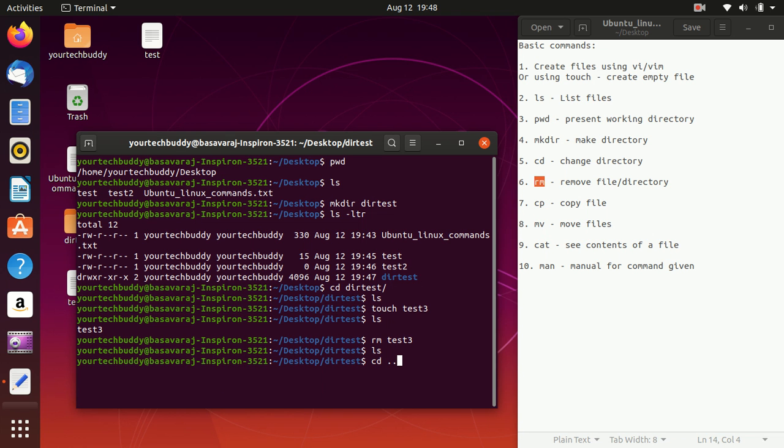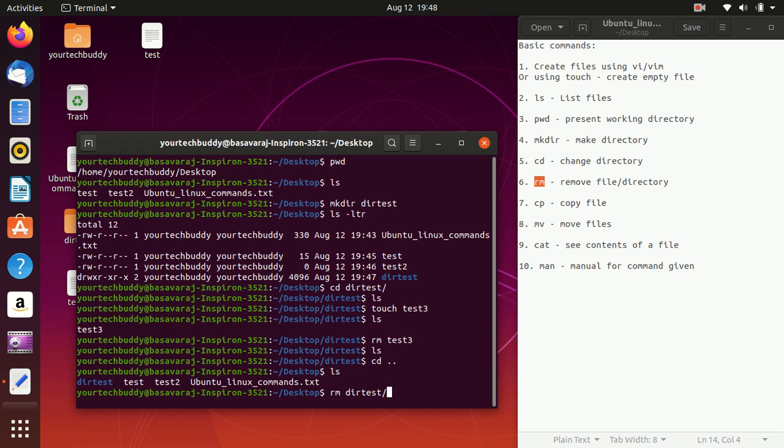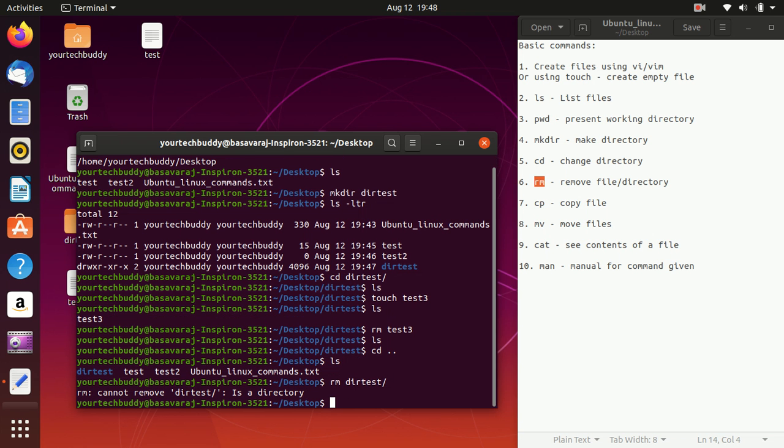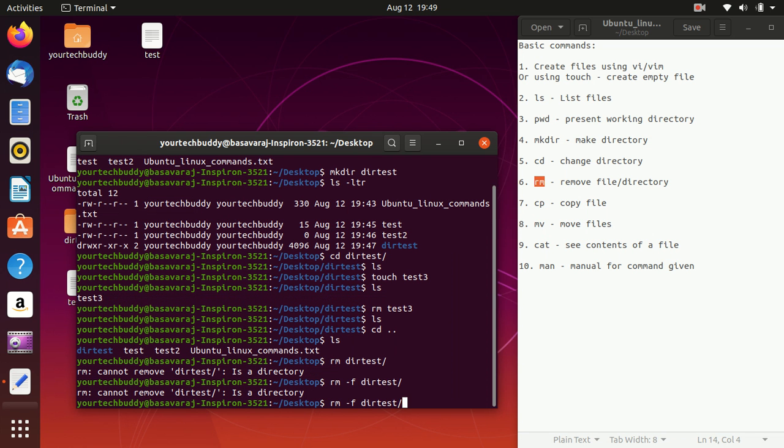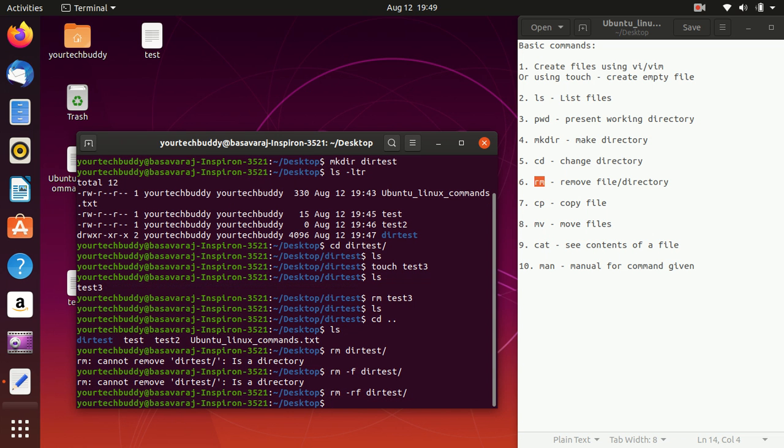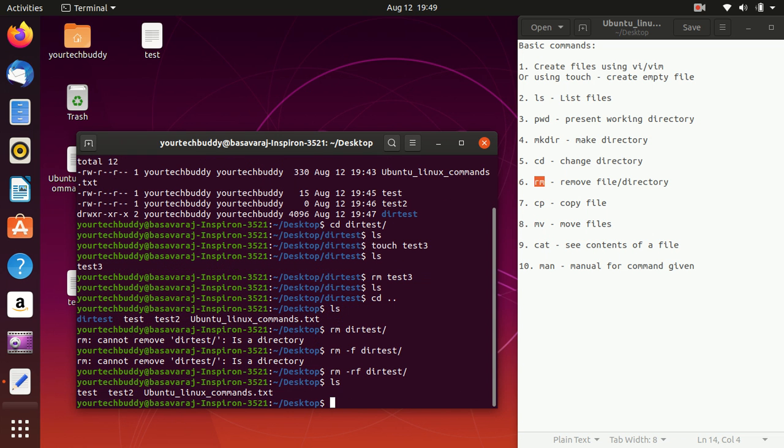If you want to delete a directory, you can use rm followed by the directory name. It shows it's a directory, right? So just give an option, hyphen rf, and it deletes the directory.